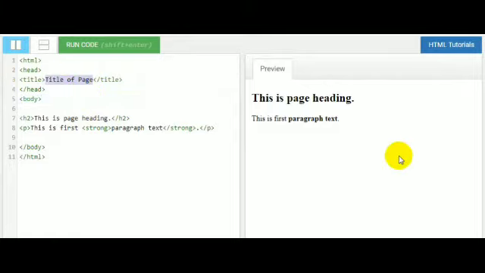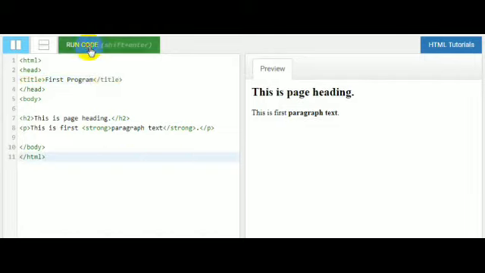These are the tags which are present in green color. So these are what? Tags. It is compulsory to write HTML at the beginning of a program, then head, and within that head you have to mention the title of the page. You have to close the title tag, then the head tag, then you have to start the body tag. The body of a page will start from the body tag. That's why it is compulsory to write here.